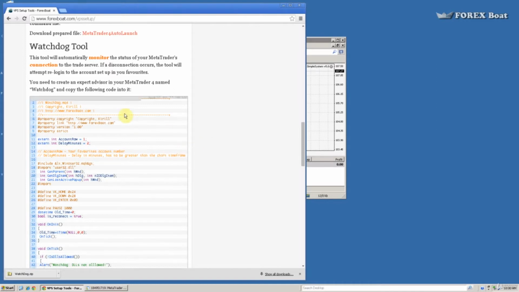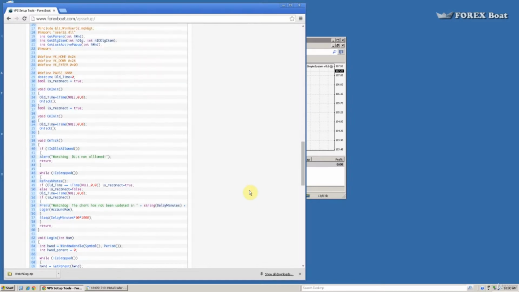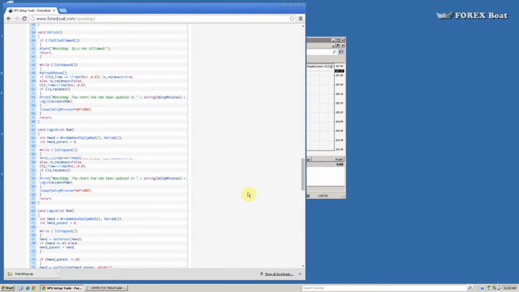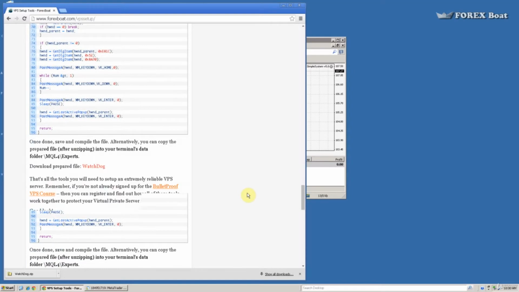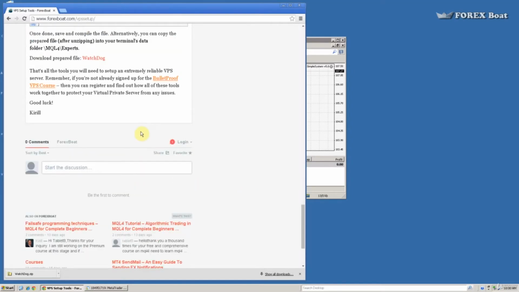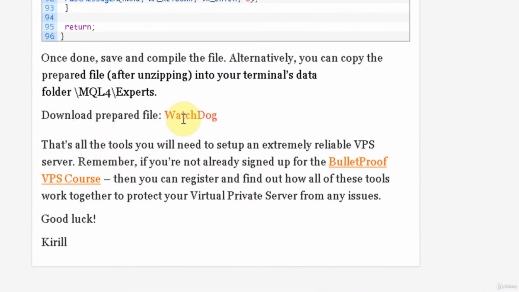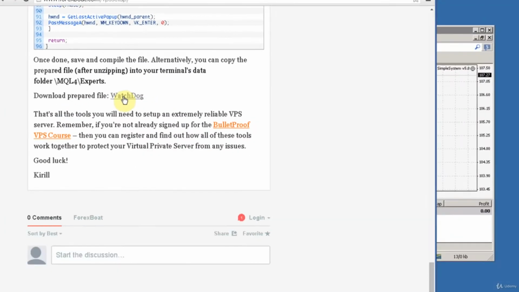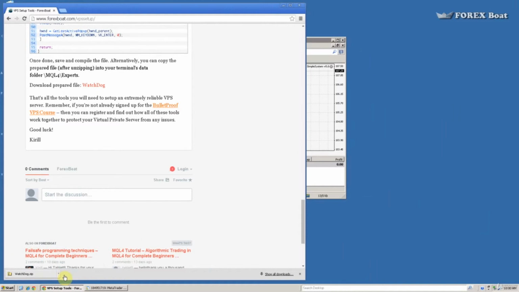You can either create an expert advisor and then just copy this code, but today we will instead download the file, and I'll just show you how that's done, because I think it might be simpler than copying this code, which is quite long. So if you scroll to the bottom of the page, you'll see a link, download prepared file. So once you download that, which you can see I've already done here, watchdog.zip, you'll get a zip file,